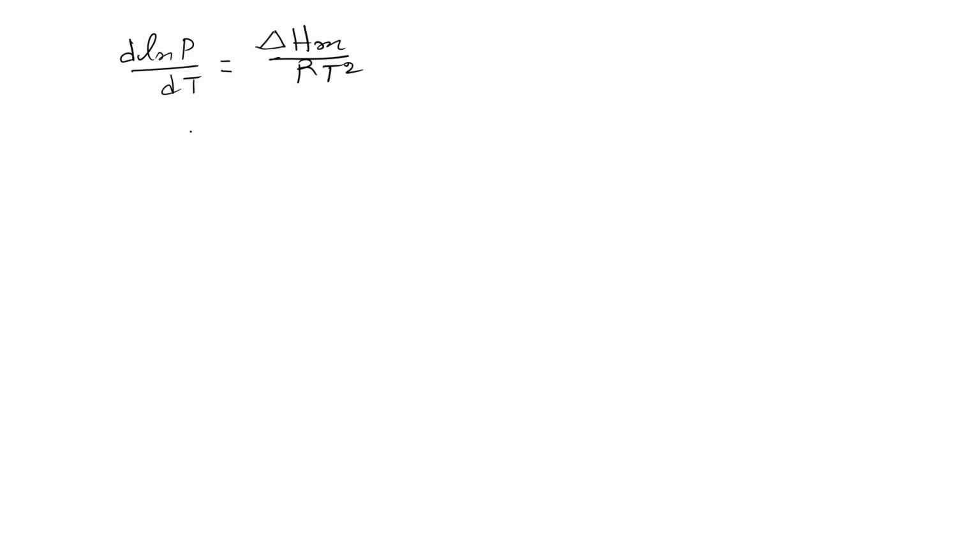Now I can write it this way, so this is the integrated form I am going to derive. So d ln P is equal to delta Hm by R into dT by T square. Now integrating the equation,